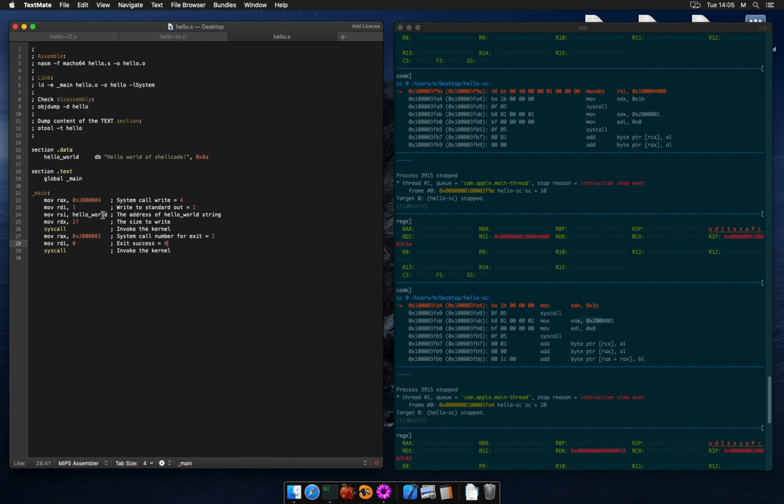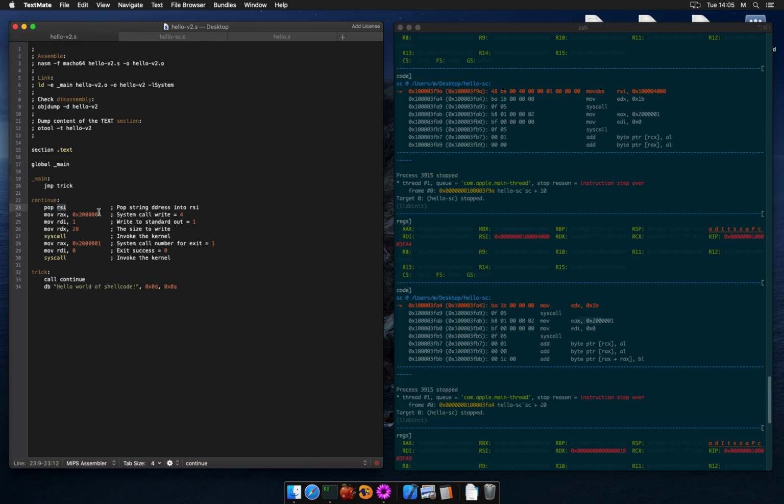If we look back, we need the address of the string in the RSI register. We get the address of the string into RSI and the rest of the code is the same. In the RAX register, we have the system call write number 4, then the number of bytes to write and so on. Everything else, this part of the code, is the same.